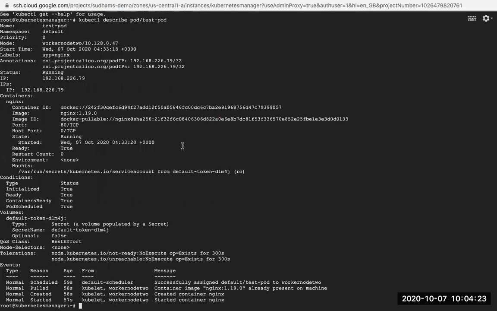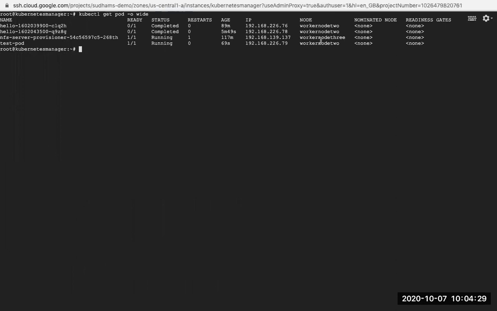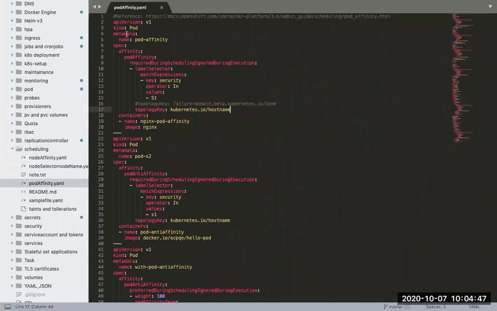Now I want to launch another pod. So where this particular pod is launched, let's verify that first. So my pod has been launched on worker node 2, right? So this particular pod was launched on worker node 2. Now I will write a pod affinity to one of my pods, another pod or a deployment, whatever it is. And I will ensure that that particular pod is not running on the worker node 2. Okay. So to do that, let's copy this.